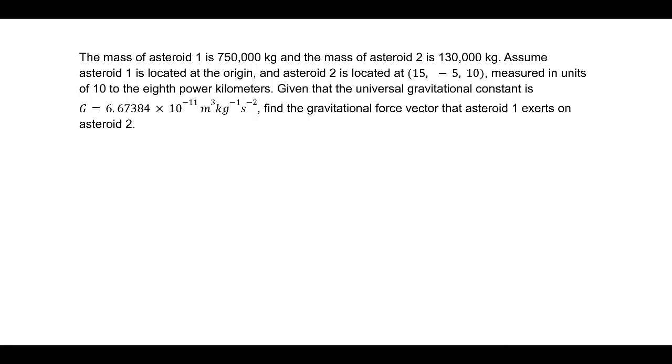The equation we need for this is F equals G times m1 times m2 divided by the magnitude of r squared, end fraction, multiplied by r hat, where r hat is the unit vector in the direction of r. Now we can fill in a lot of this information already, so that F is equal to